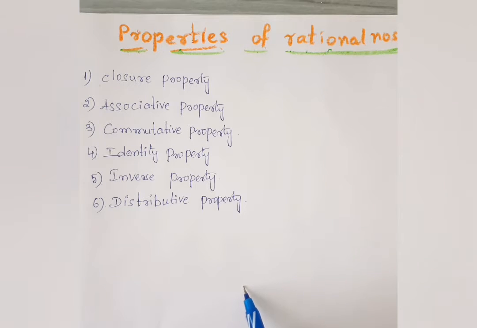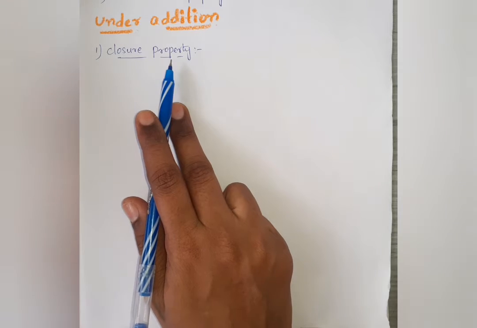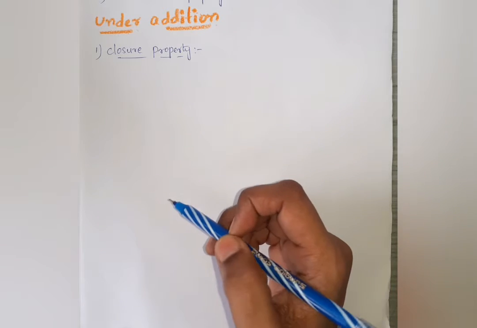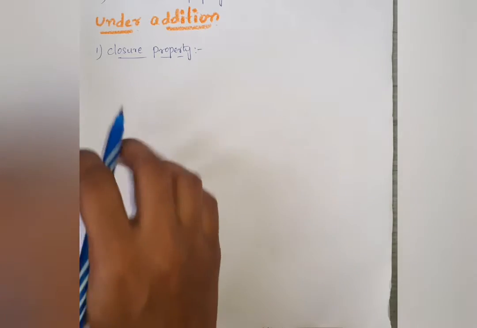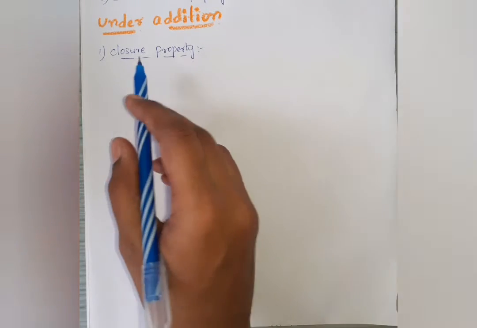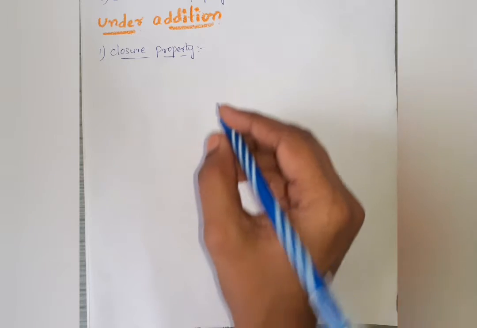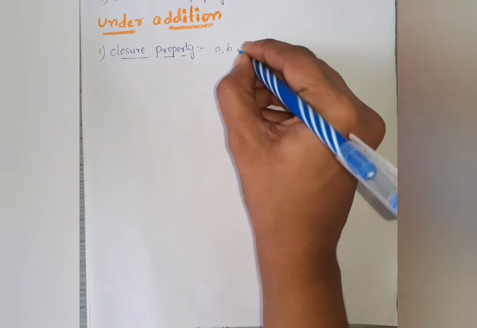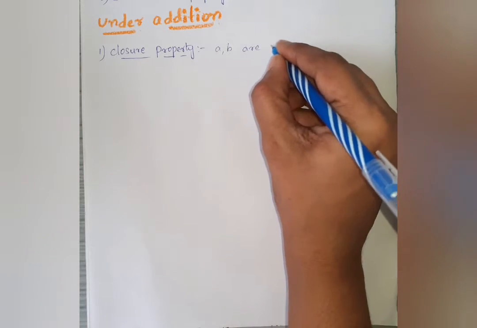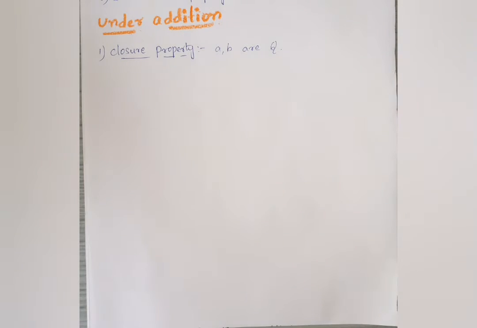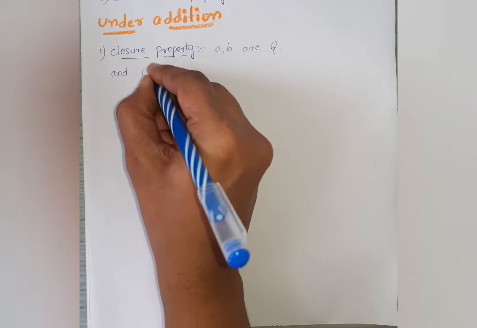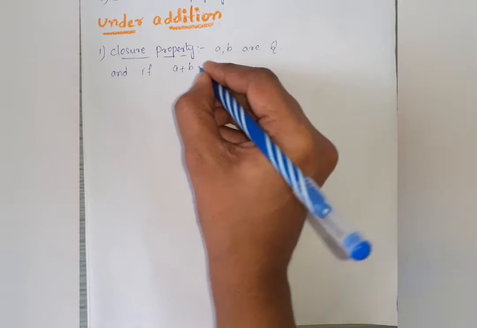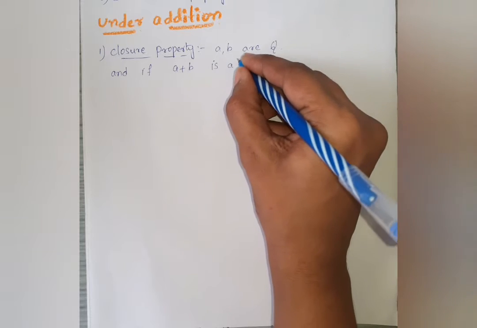Here in this topic I am explaining properties of rational numbers under addition. So now we are seeing all the properties under the operation addition. Let us see the first one, closure property. What this property says: if a, b are two rational numbers, and a plus b is also a rational number,